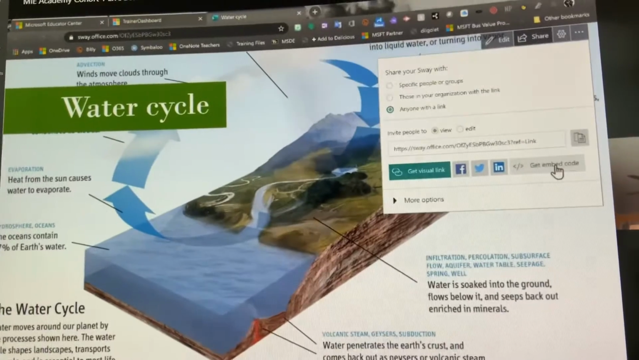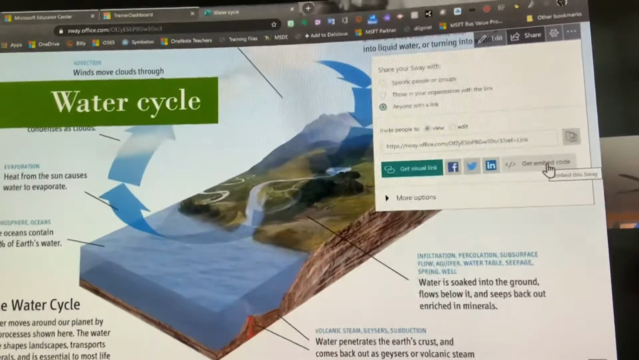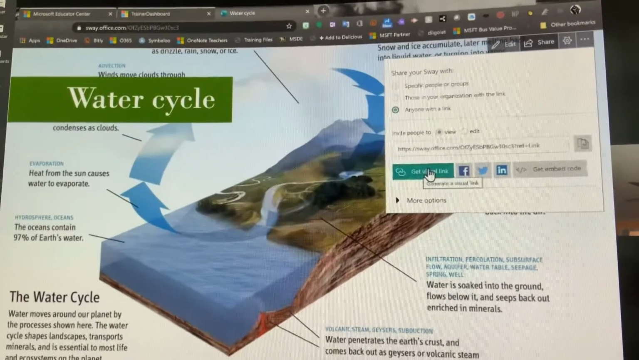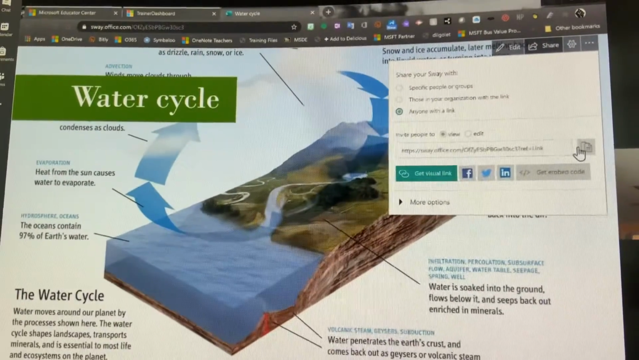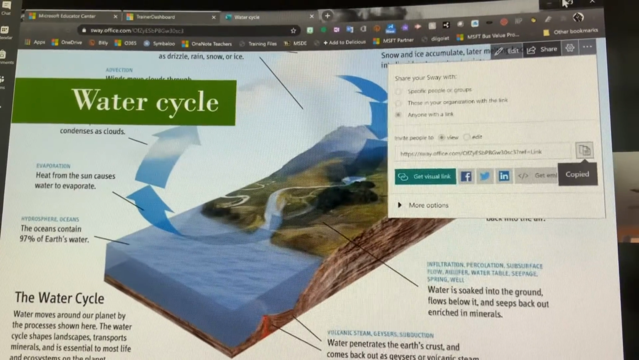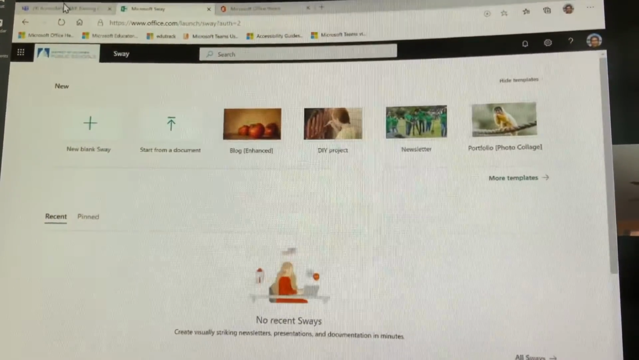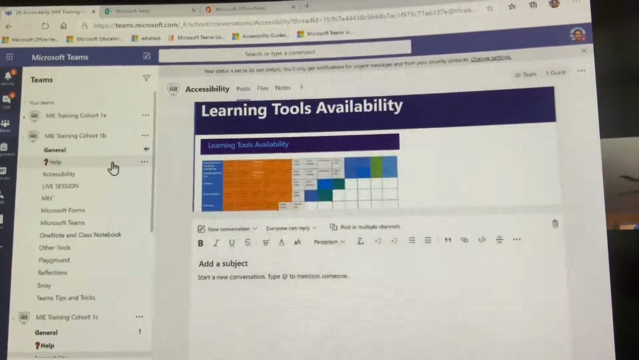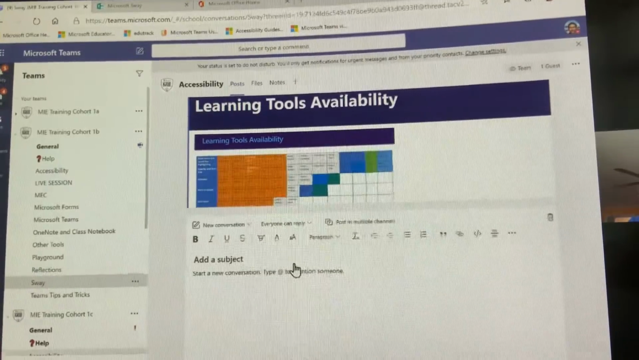You can get an embed code to embed it on a web page or website. And then you can also get a visual link. Now I'm going to just copy this link to view, and then I'm actually going to post it in the team. So I'm going to go to Sway,